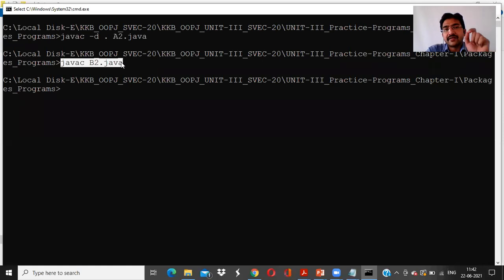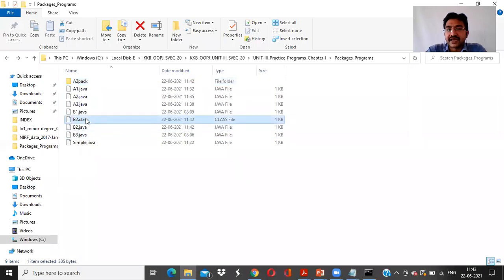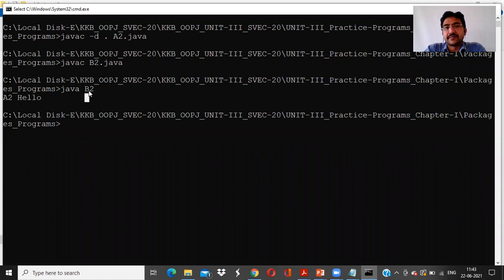Just simply you can compile B2.java. There is no -d dot, because we are not using any package in B2.java. Directly we are using that. Now, how to run the program? java B2. That's all. Now there is no need to run java with pack dot B2, because where is the B2 class file? Here itself, in the current folder itself. We have not created another package for B2. Directly we are creating it the normal way. Normal way we are going to use it. Just java space class name, that is B2. It displays A2. Okay, so like this also we can do it. So that's about the packages in Java.